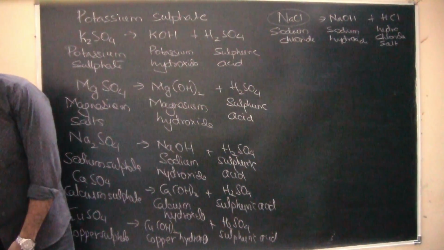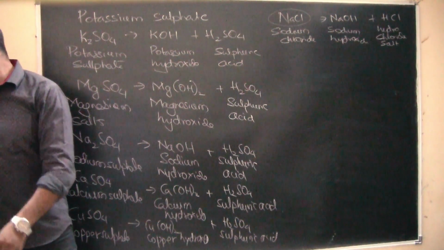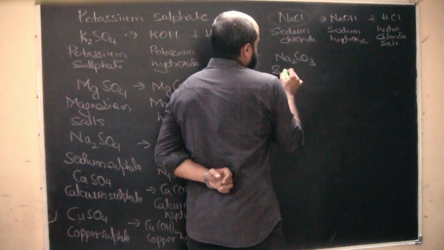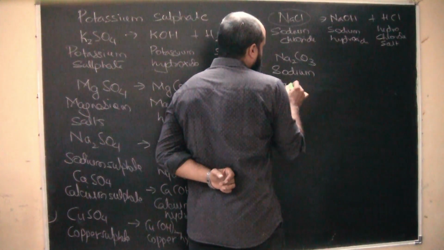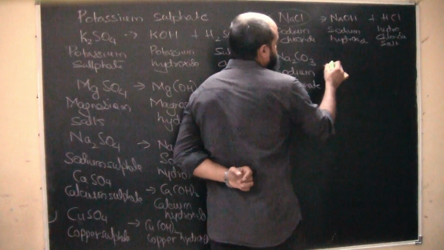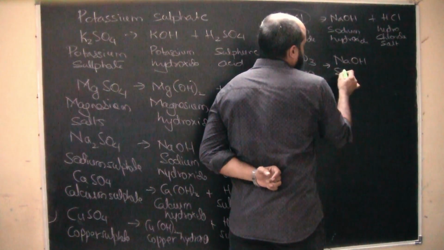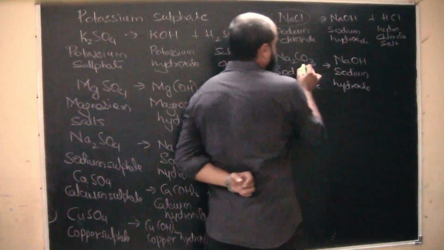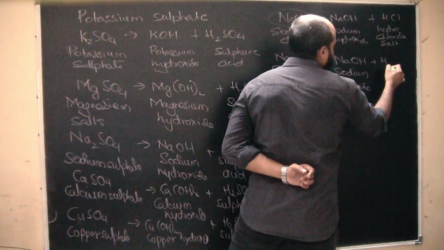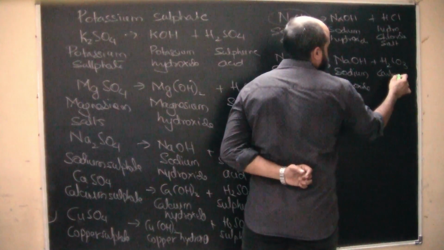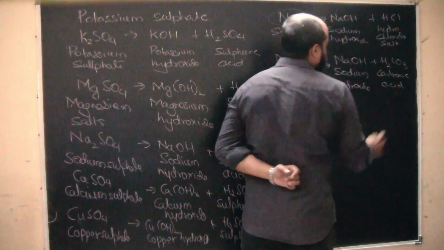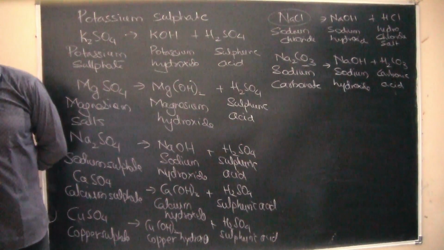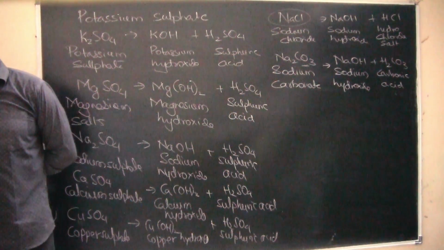Then we have, let's say, sodium carbonate and ammonium chloride. Sodium carbonate must be formed from sodium hydroxide, and the carbonate part must be coming from carbonic acid, H2CO3. So these are examples of salts, and just looking at them we can predict what are the acids and bases that have taken part in their formation.